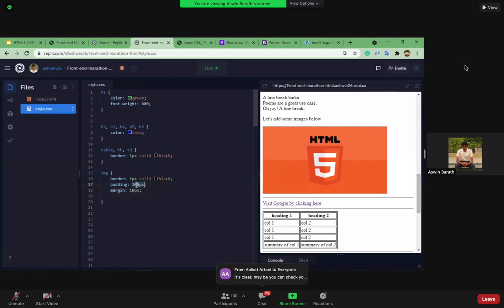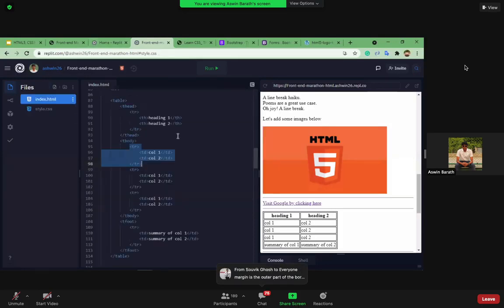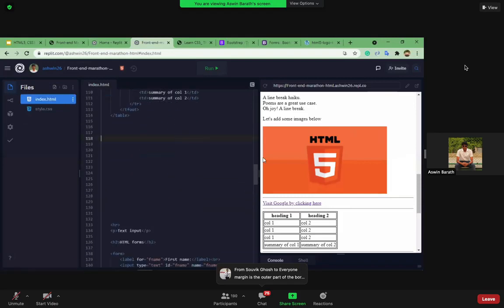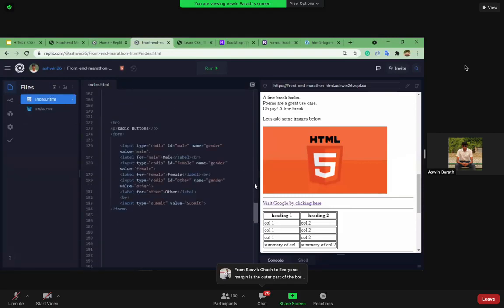Let's say 10 pixel, and let's say we want the width to be 500 pixels, a little bit bigger than before. Okay. Before doing that, let's remove the styling that we have provided over here.